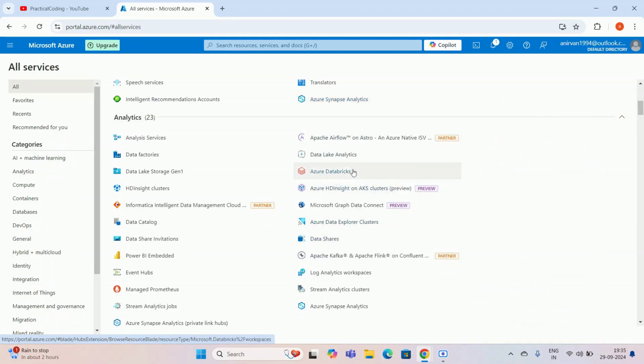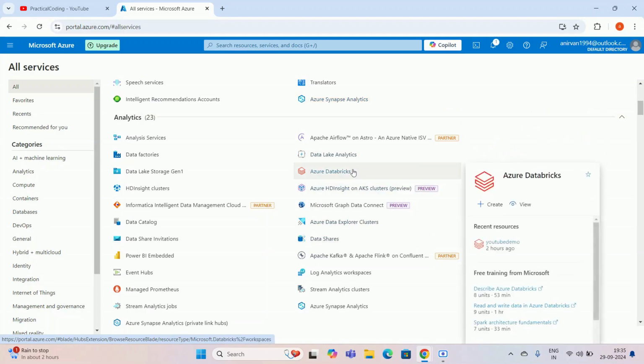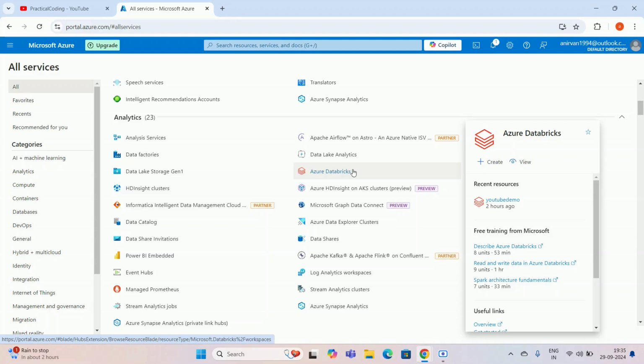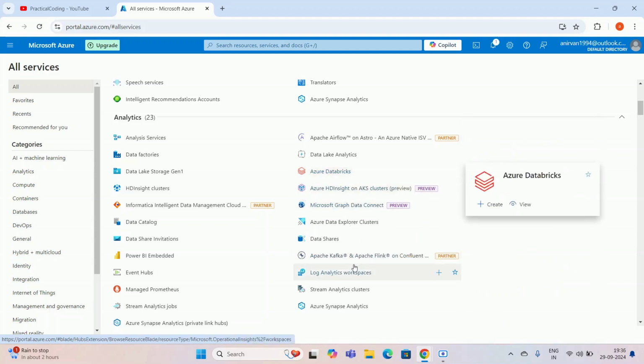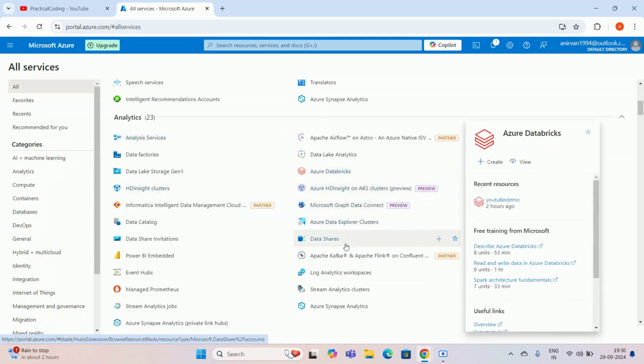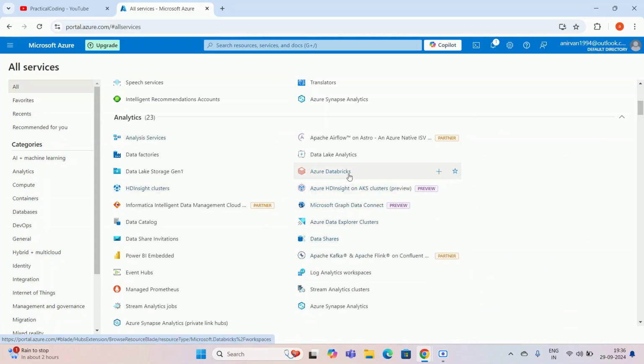What is the similarity between Azure Databricks and a normal editor? In Azure Databricks, you can schedule your jobs and create a data pipeline as well, and it is easily integrated with Microsoft Azure. You are familiar with Google Colab, right? Azure Databricks is a similar platform, and this service specifically comes under Azure Analytics Services. So let's create a resource for Azure Databricks and explore it.